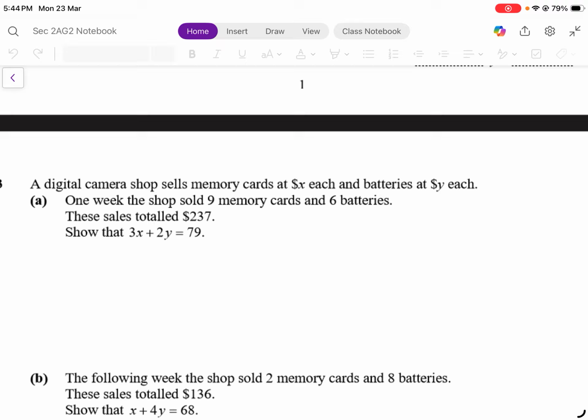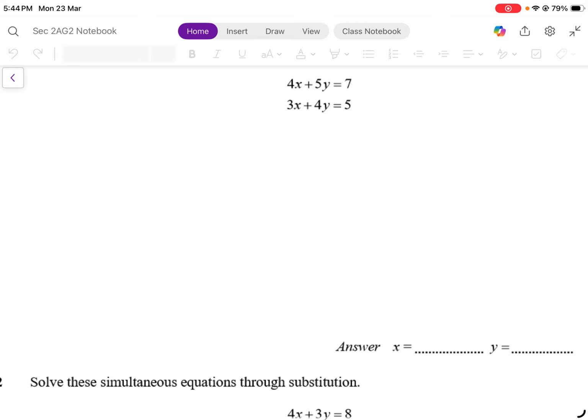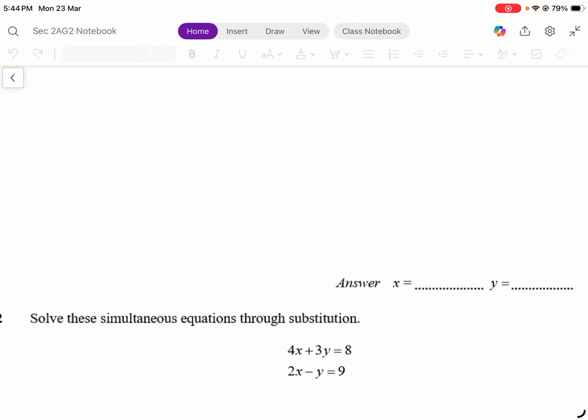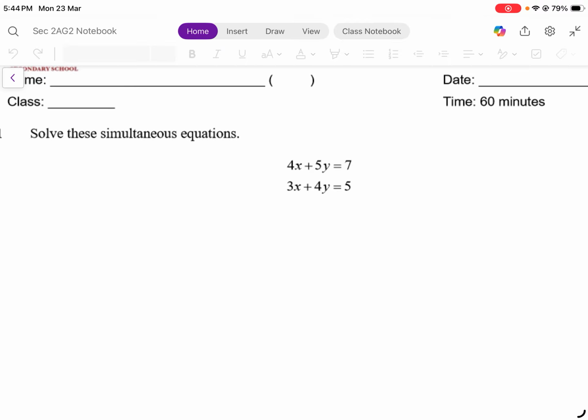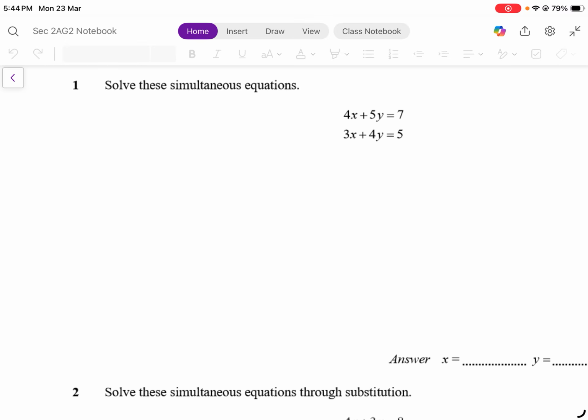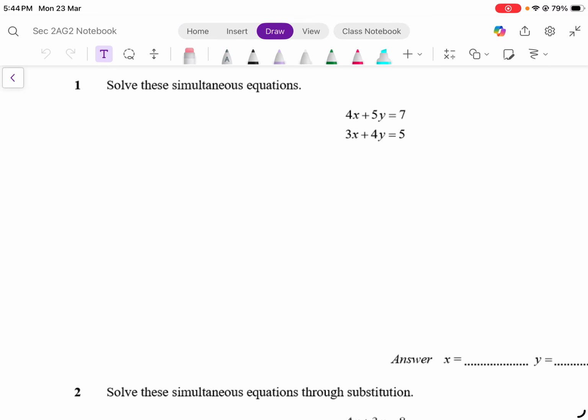Okay, so solve these simultaneous equations. Since there are three questions, I will use elimination for the first one and substitution for the second one. We're going to label this as equation 1